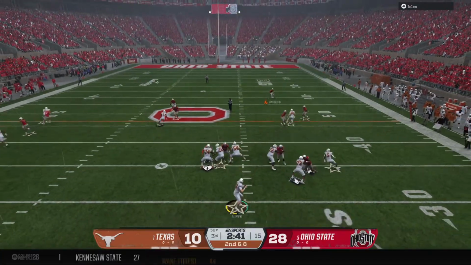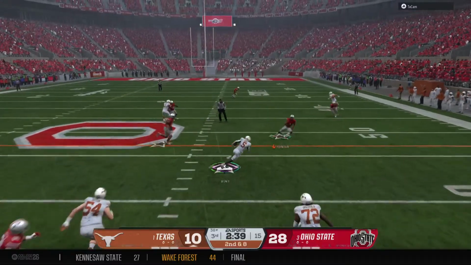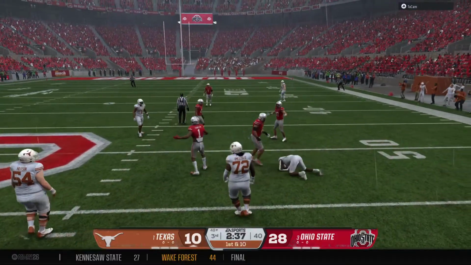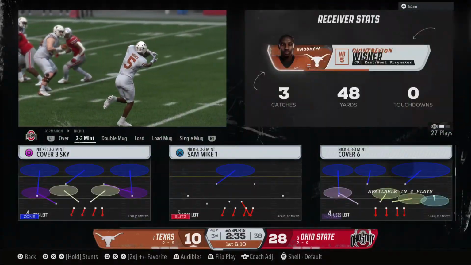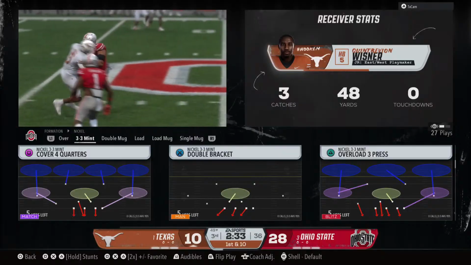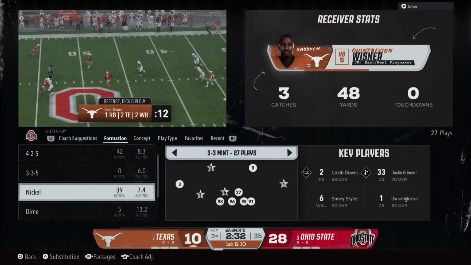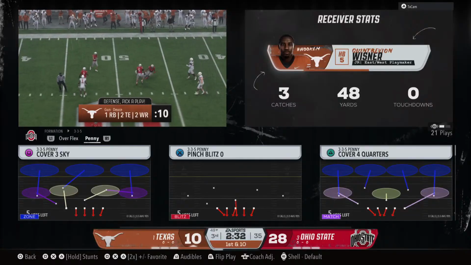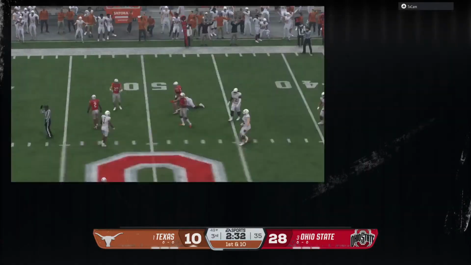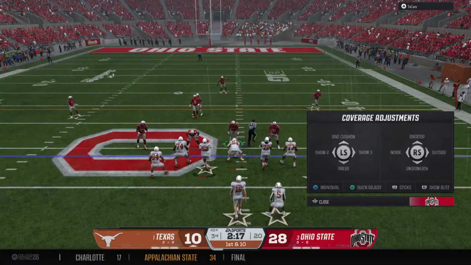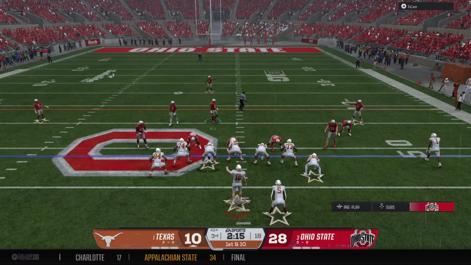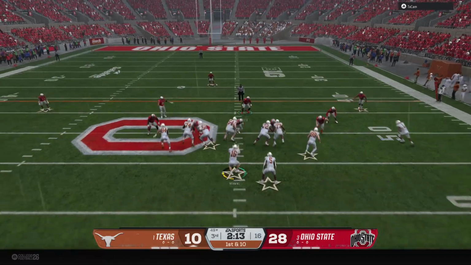They look to throw it here on second down. And the receiver snags it. It's complete. That's a big hit at the end, but they earn a fresh set of downs. Boy, it's so easy to get caught up on the receivers and the quarterback, and your eyes get lost. You forget about the running back. Nice catch and a first down for this offense. Longhorns look to keep this drive moving.